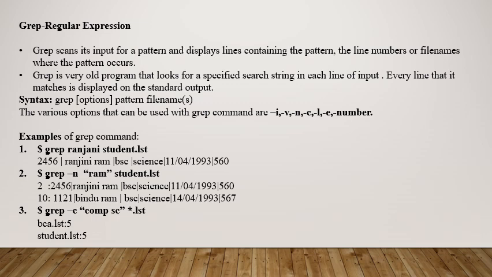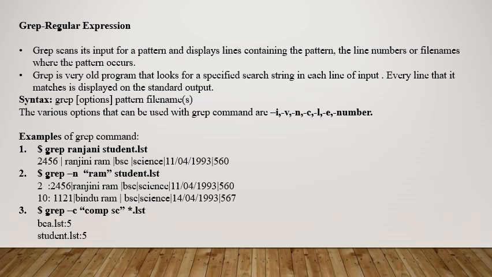The grep command will help you search this pattern in all the files having the dot lst extension. As you can see, bca.list and